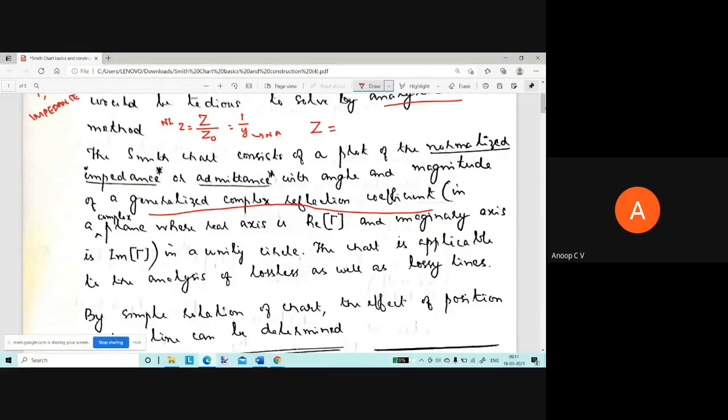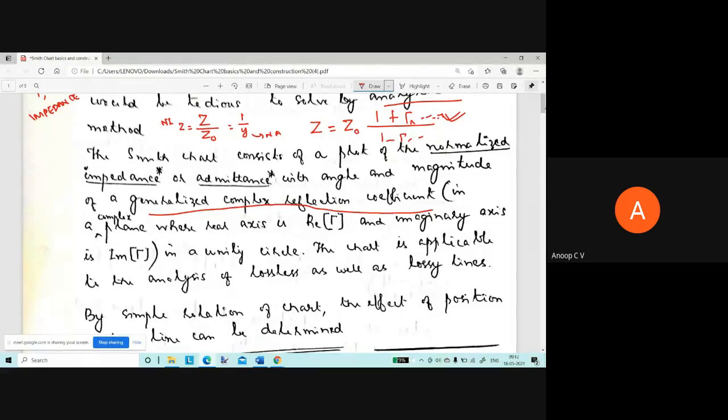We know there was a function using which I can represent Z, the line impedance, as a function of the reflection coefficient. That equation was Z equal to Z naught into, as I showed yesterday, 1 plus gamma L into something and 1 minus gamma L into something. From this equation we'll start. We will see in detail when constructing this Smith chart what it actually is, but for now you just understand,